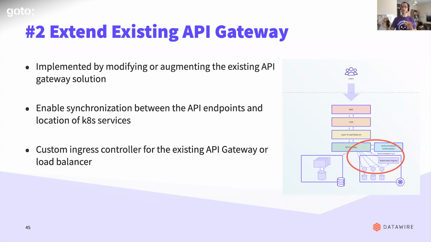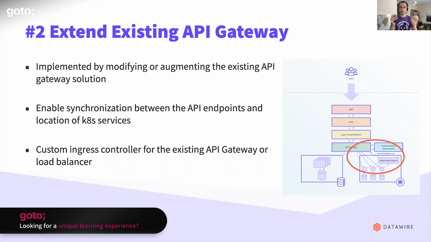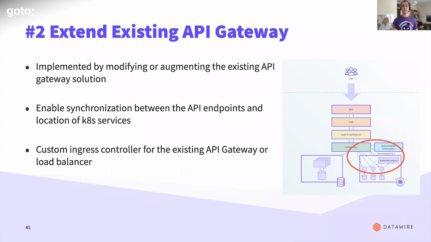So I put some annotations on my Kubernetes YAML. I do a service. I say expose this service on this endpoint or with these configs in my auth or whatever. And the controller sitting in the cluster goes, oh, new annotation deployed. And it basically joins the old world with the new. It looks into my annotations, converts it into the SDK API calls into the hardware gateway, for example, and makes those changes. I've seen a bunch of folks that have invested in their own gateway do the same kind of thing. They'll often build a plugin or some kind of module that syncs up the old world and new.